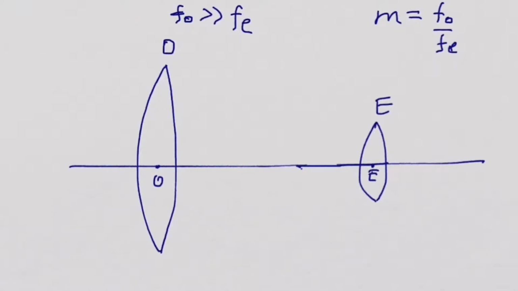Now, astronomical telescope in normal adjustment, meaning is object is at infinity and image is also formed at infinity. So here the object is at infinity. It means the incident rays are parallel beam. But here we will take a slanted parallel beam such that it is making angle alpha with the principal axis.